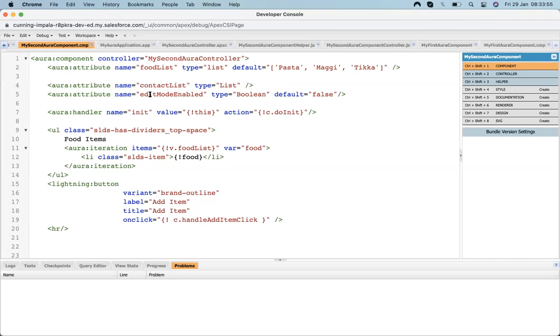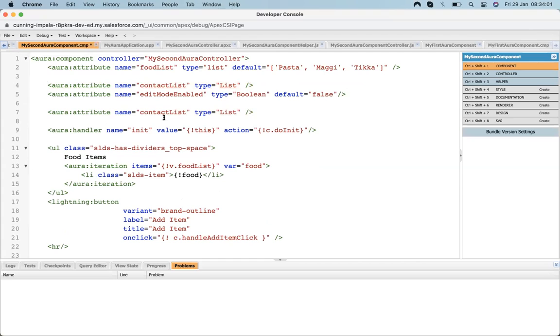So let's create a contact object. Let's create an attribute called selected contact, and its data type will be contact. Now I need to populate the values inside the selected contact whenever the user clicks on the edit button.